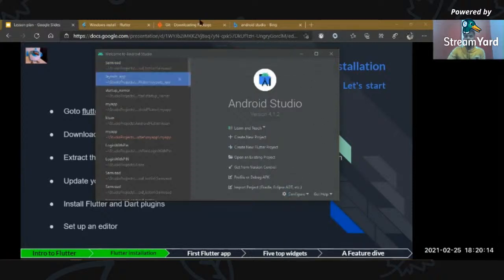Then open the Android Studio window again, and you will see a new option entry here, that is, create new Flutter project. As I've already configured it, it was showing already in my welcome window of Android Studio.